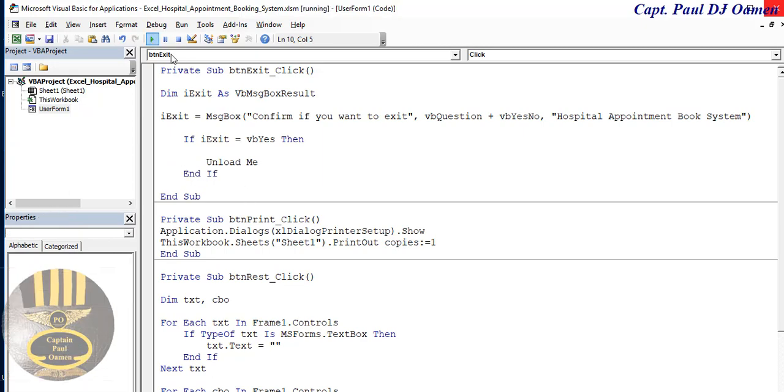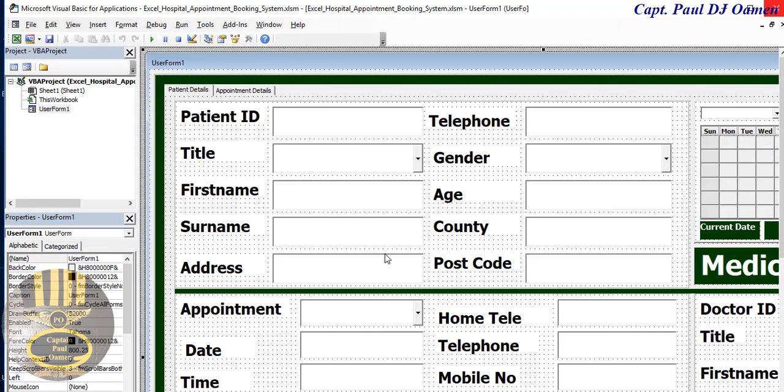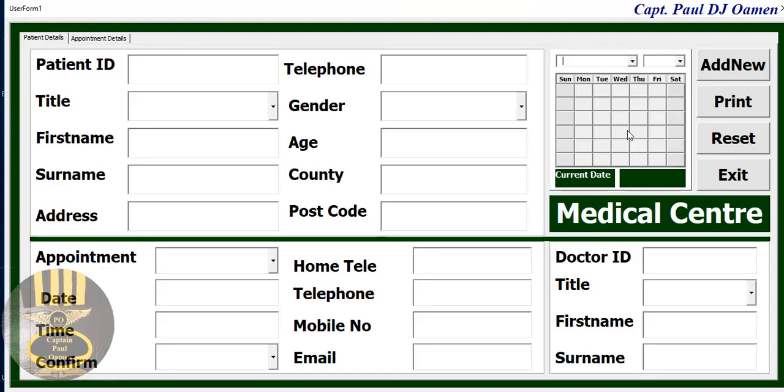So let's run it. Run. Exit. Confirm if you want to exit. No. And confirm if you want to exit. Yes, I do want to exit. And there, that is that taken care of. So now that those three are taken care of, we then need to take care of all of these. Okay, like I said, you will see the lines of code for these on